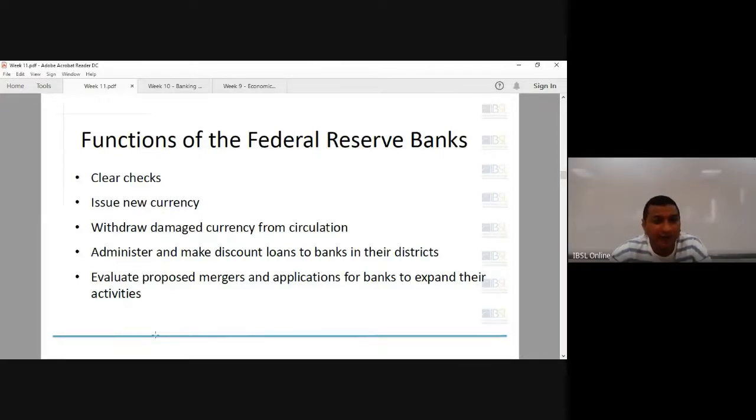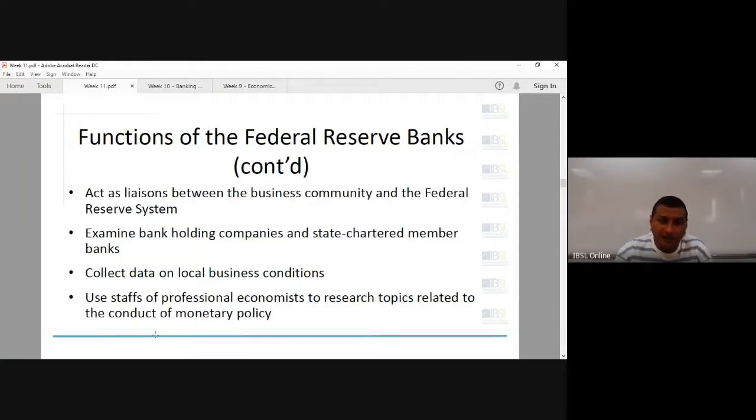Also, they evaluate all these mergers of financial intermediaries, and also the proposals to expand banking and financial intermediary activities. They look into that, and it's no different in Sri Lanka too, and many other countries. So you see the banking activities, these are very much general conventional activities. Okay, and also, more or less in recent times, the role of central banks has also expanded